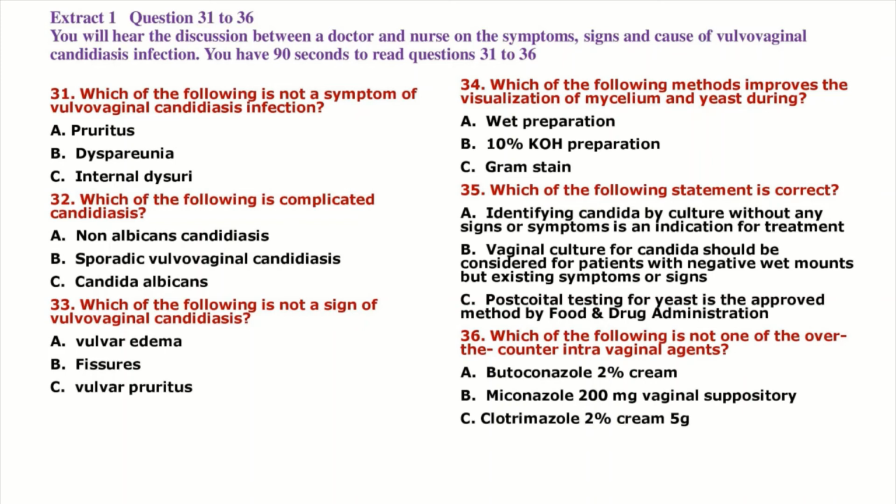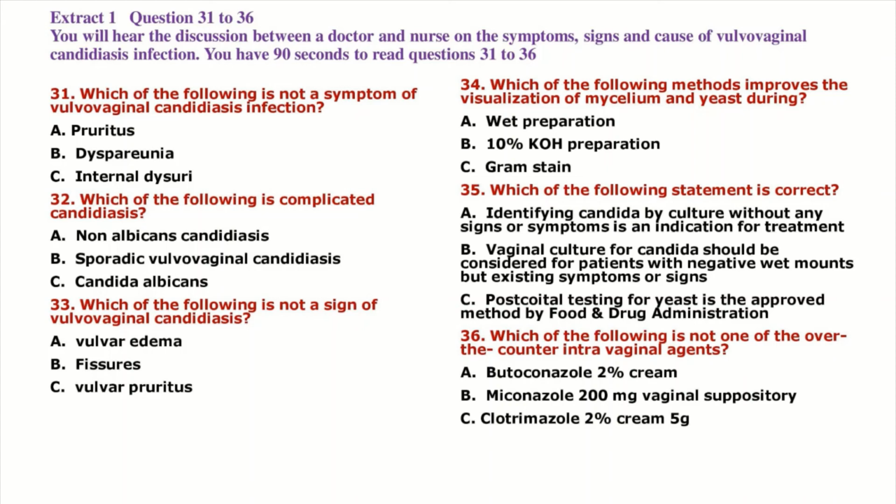Short-course topical formulations effectively treat uncomplicated vulvovaginal candidiasis. The topically applied azole drugs are more effective than nystatin. Treatment with azoles results in relief of symptoms and negative cultures in 90% of patients who complete therapy. Over-the-counter intravaginal agents: clotrimazole, 1% cream, 5 grams intravaginally daily for 7 to 14 days, or clotrimazole, 2% cream, 5 grams intravaginally daily for 3 days, or miconazole, 2% cream, 5 grams intravaginally daily for 7 days, miconazole, 4% cream,